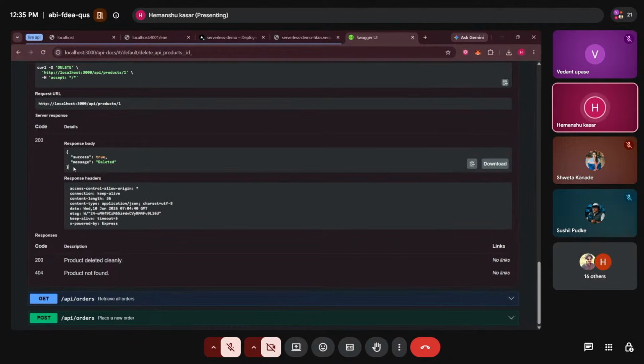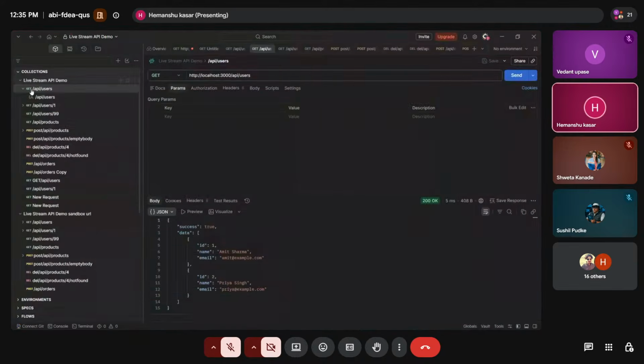Now coming over to the Postman. So these all are the route collection we have. I have already created that, and these all the API endpoints have been defined in my code. I will tell you what conditions I have applied in my code even to generate a proper response using these APIs. So these are the 10 test cases covering both success and failure for every endpoint.